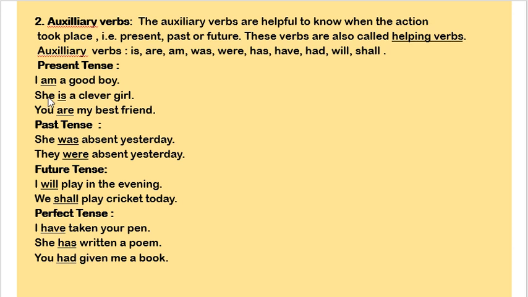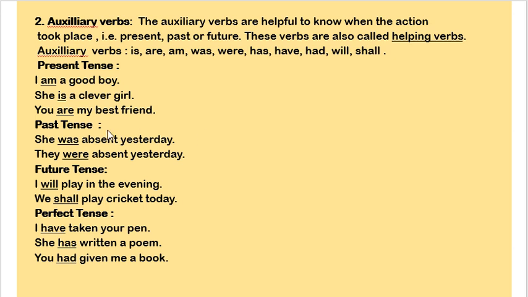If it is third person singular, he, she, it, then is will be used. And if it is second person or first and third person plural, that is we or they, then are will be used. In fill in the blank type of exercise, you are required to fill in the blank with appropriate forms of be form. That also we'll discuss.